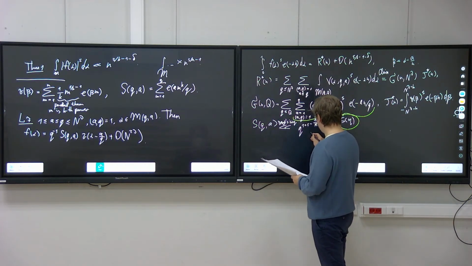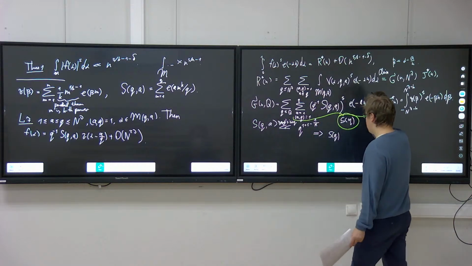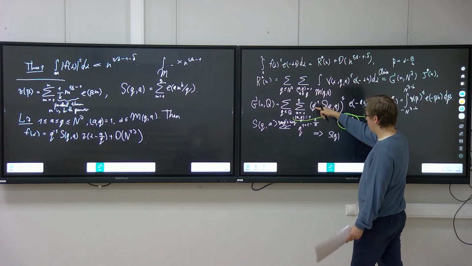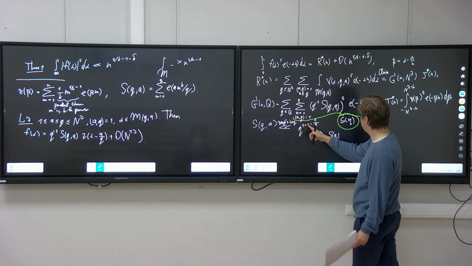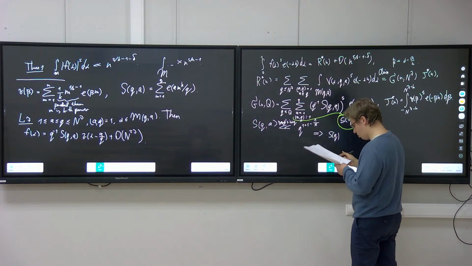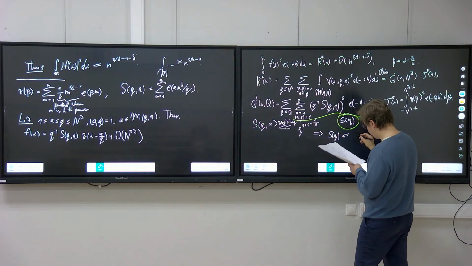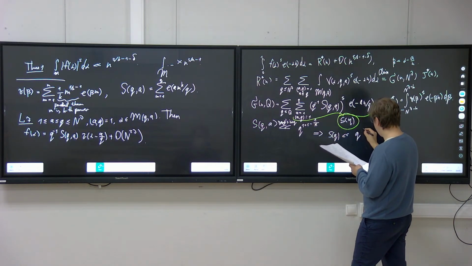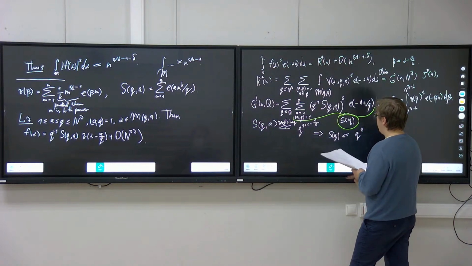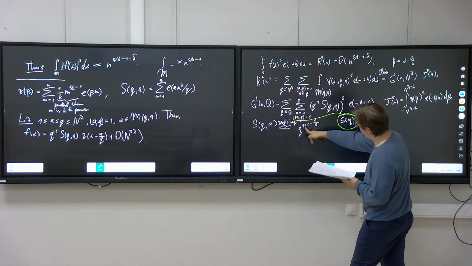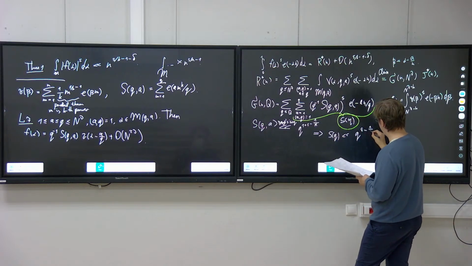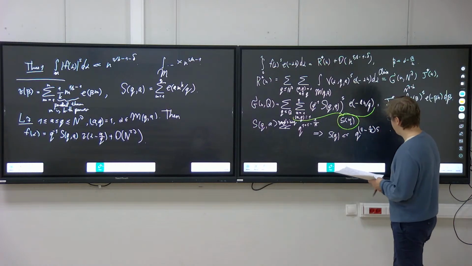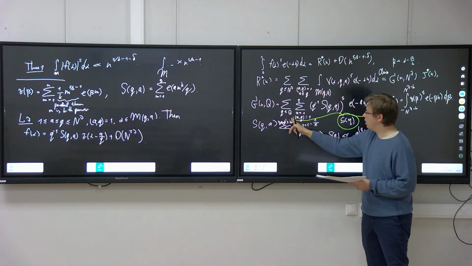And hence, what is S_Q? S_Q is, so this to the power s, yes, and also sum over q. S_Q is less than this to the power s. It will be q to the epsilon, yes, and also multiplied by q to the power minus 1. So this will be epsilon minus 1 over b_k to the power s. And also there are